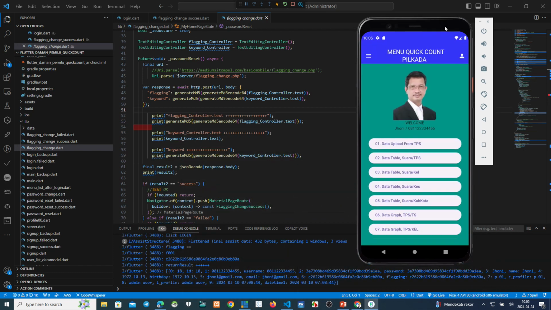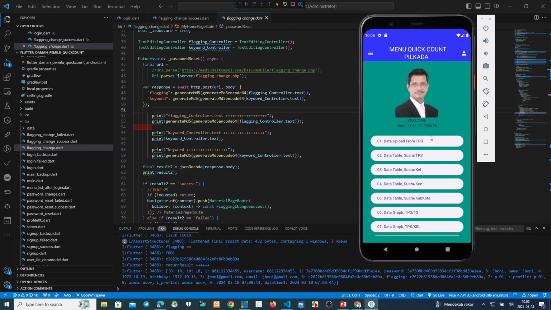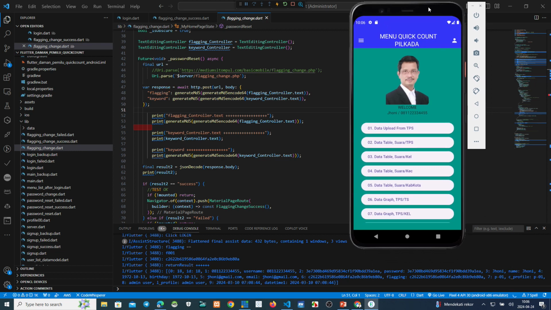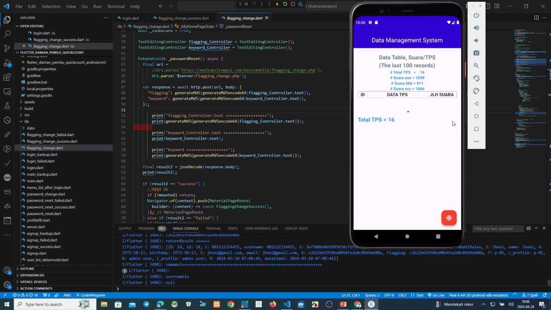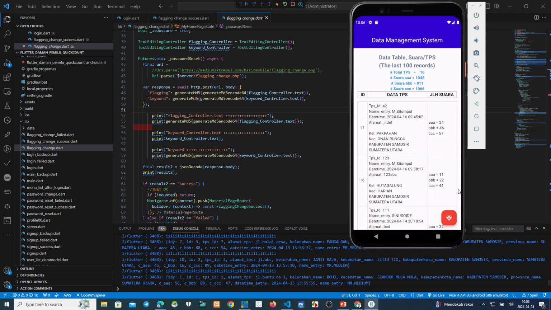Okay, guys, this is just an example. Next month, maybe, or 2 or 3 months later, we make an election for Pilkada, so we can make this application to help make a quick count or a real count. Okay, this one.